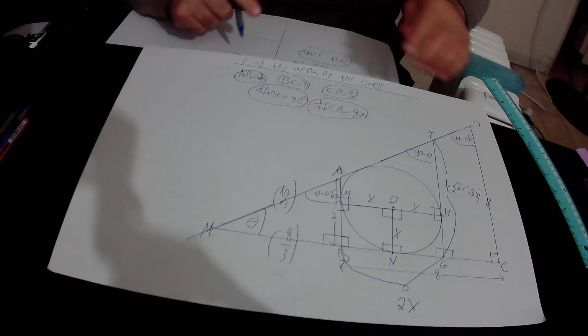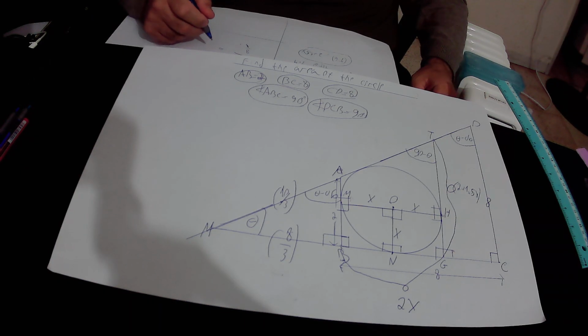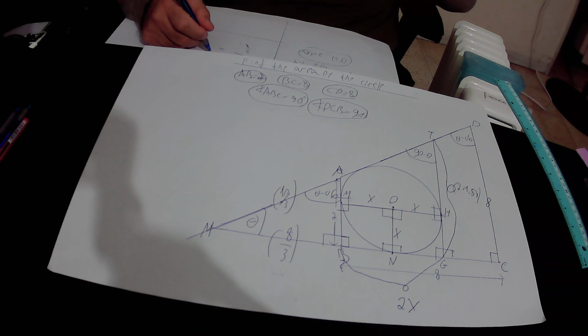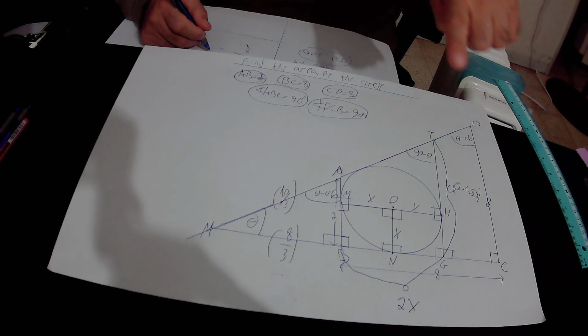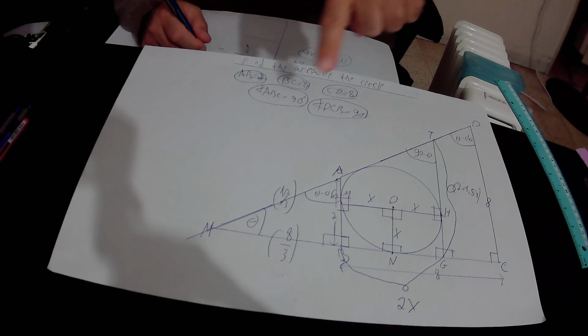MB is 8 over 3. And that is equal to, so it is TG, it is equal to TM,